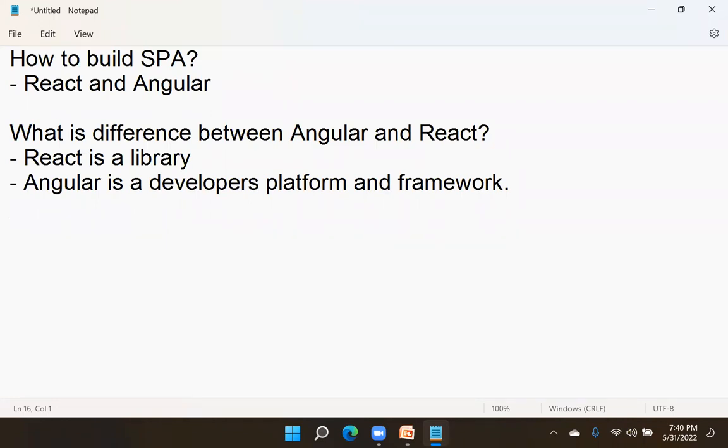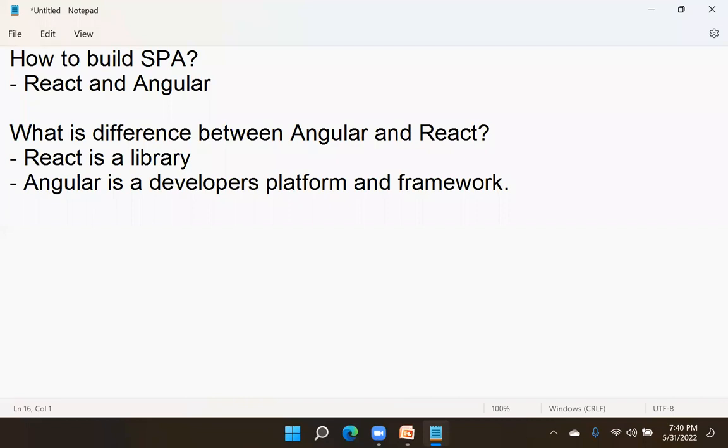Actually, people know Angular as only a framework, but it is more than a framework. It is a developer's platform. And React is just a library. Then what is the difference between library and framework?